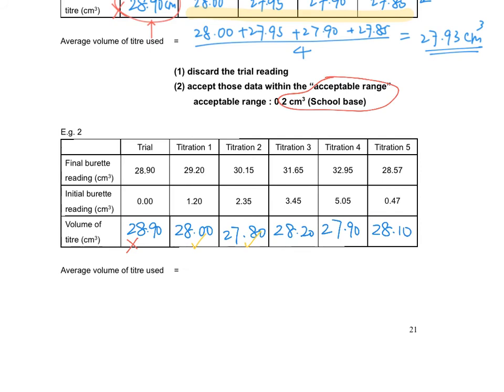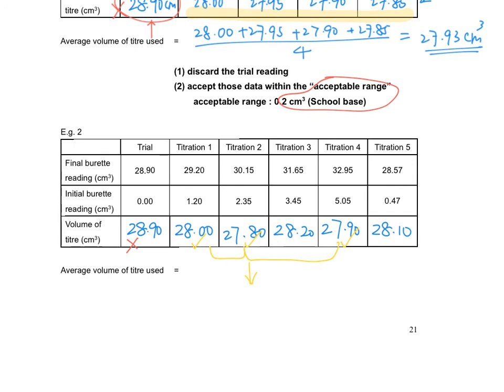But 28.2, we can't accept this reading because it has a difference of 0.4. Then we cannot take titration 3, but we can take titration 4. So for these 3 results, they are within the acceptable range, and you can